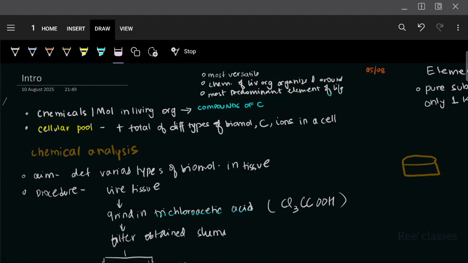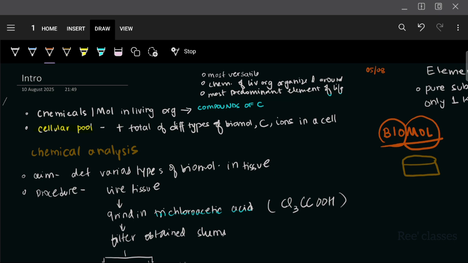Hi, today we're doing biomolecules in accordance to a BSc-MSc integrated course. We'll start from the very beginning. Biomolecules, right? This is made up of two terminologies. Bio, that means living organisms, like living, and molecule is the smallest unit that makes up an element, right? Therefore, when we talk about biomolecules, we say we're referring to the chemicals or the molecules present in a living